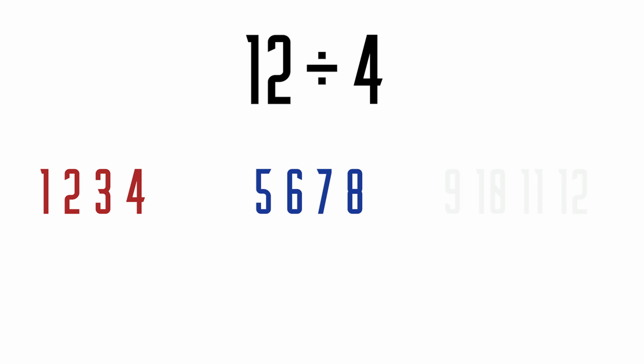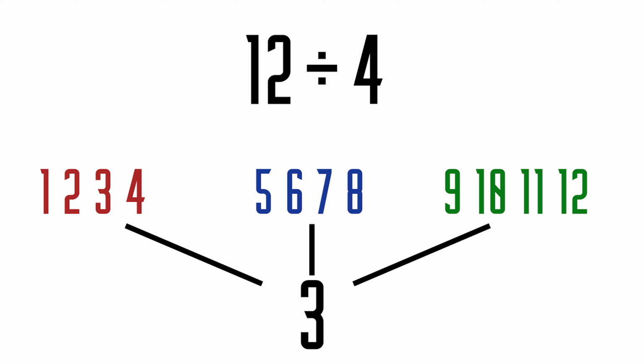When looking at division problems, it helps to understand exactly what is being asked in a division sum. If, for example, we have the sum 12 divided by 4, we are simply being asked to find out how many 4s we can fit into the number 12. If we do this, we can see by counting in 4s that we can fit exactly 3 sets of 4s